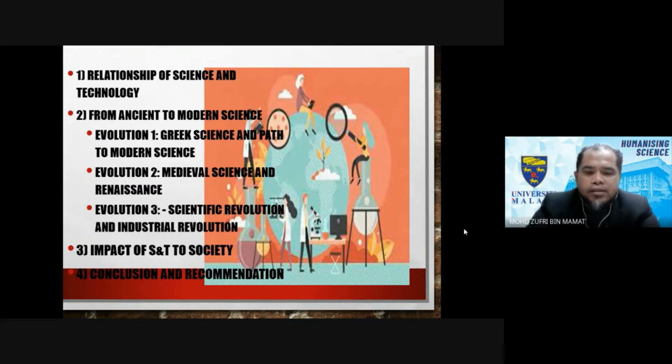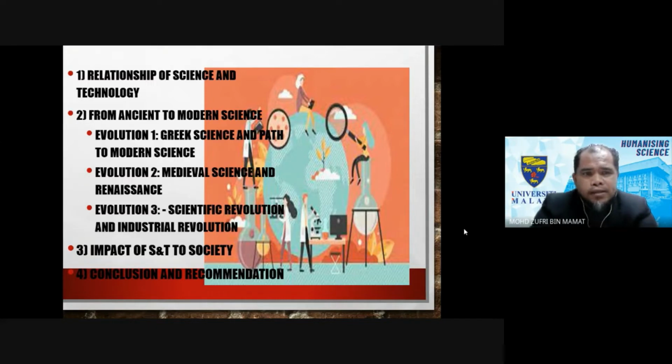This happens when science changes from what I would call original science or old science, or ancient science, to modern science. The use of different terms, namely science and modern science, already shows us the difference between science and modern science itself. So in this presentation, I will start with the first one, the relationship of science and